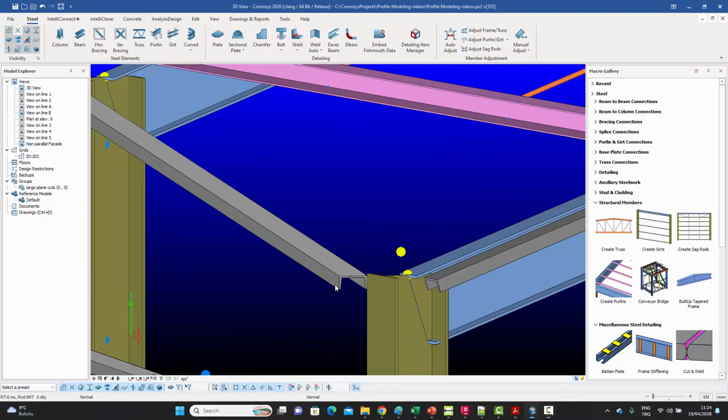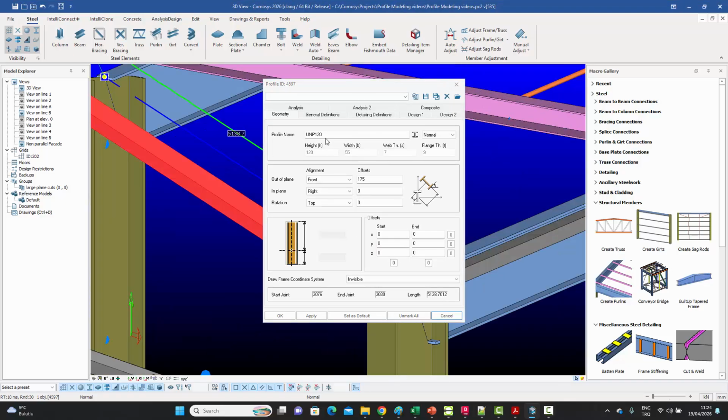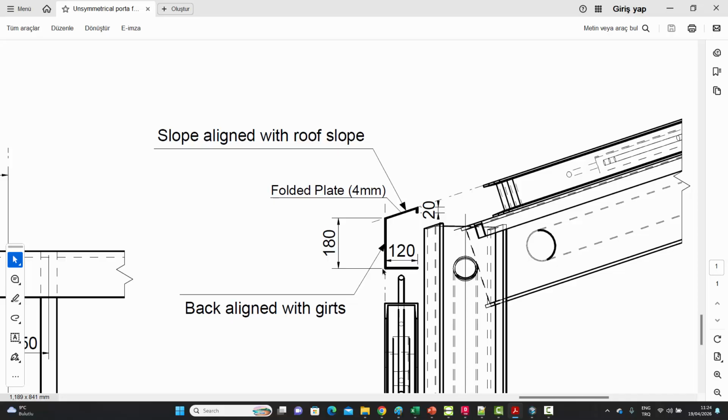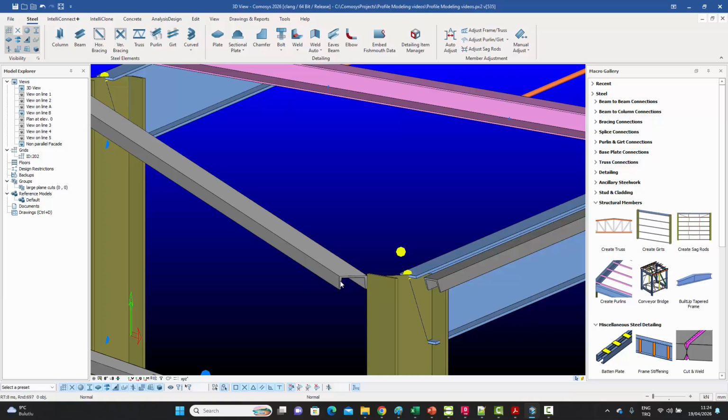Now we recall that our girt was UMP 120, which means this length was 120. And we also know that this length is 120 as well. So that's good. We can just use the same points. It's just the top slope which is going to create a problem for us. So we need the points basically to enter the folded plate. So what we can do over here is, because we know this 120 width is good,